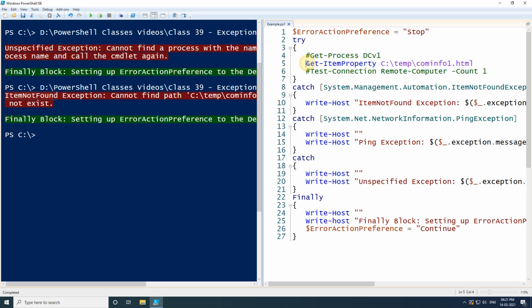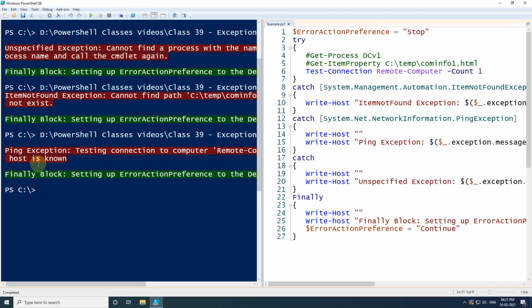And in case I comment this one and enable the third line, this time you will see we get a different exception. If I execute, you will see we have got a ping exception. Since we had specified ping exception in the catch block, that is the reason it matched here, and whatever we had written got printed on the screen.